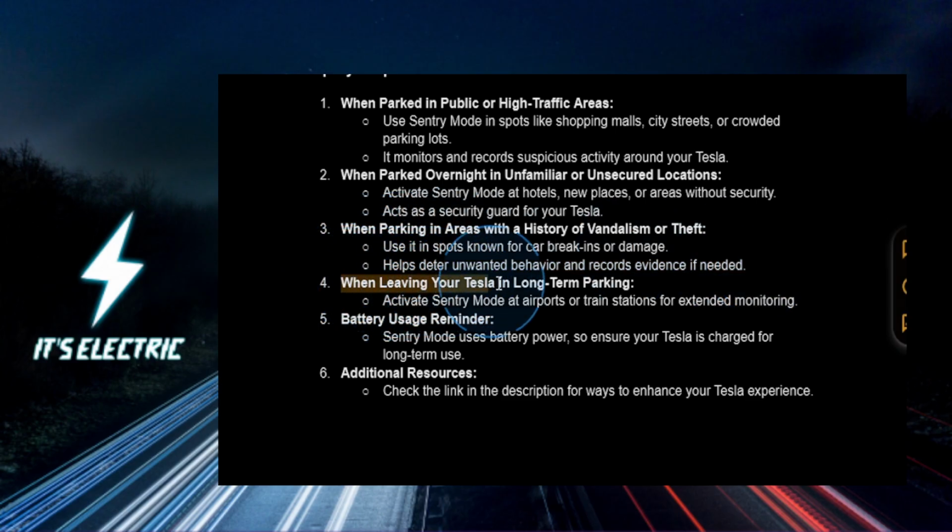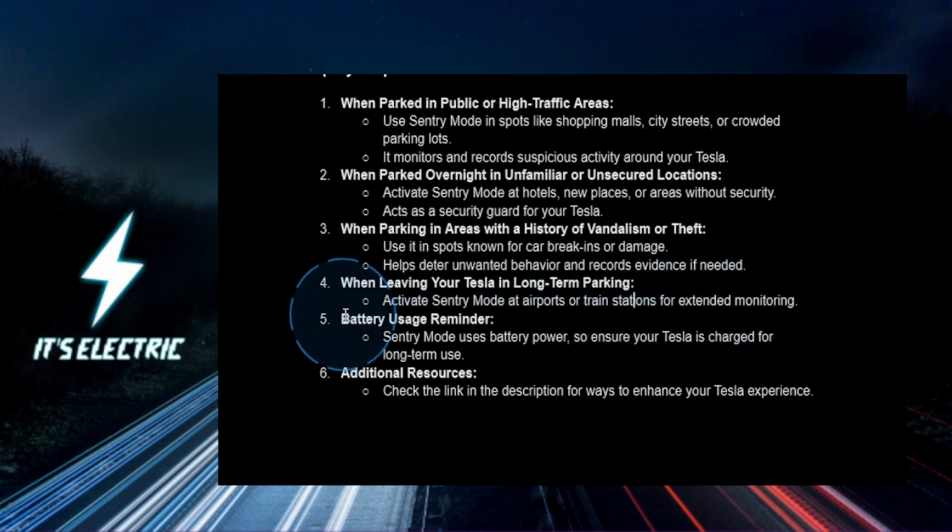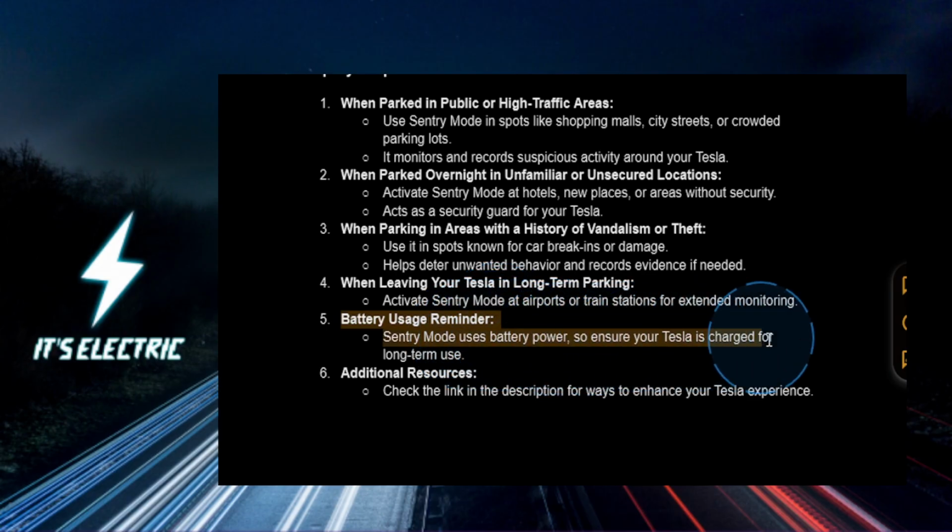Lastly, when leaving your Tesla in long-term parking. Whether it's at an airport or a train station, activating Sentry mode ensures your car is under watch while you're away. Keep in mind that Sentry mode does use some battery, so make sure you're charged up if you're using